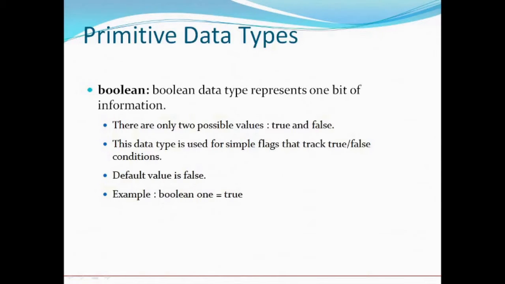Another primitive data type is the Boolean data type that is used to store true and false values, and it is useful when we are dealing with some decision making kind of a condition, like a particular expression can be evaluated to either true or false, or we can check a particular value to be true or false, then in that case that variable has to be declared a Boolean type. Okay.